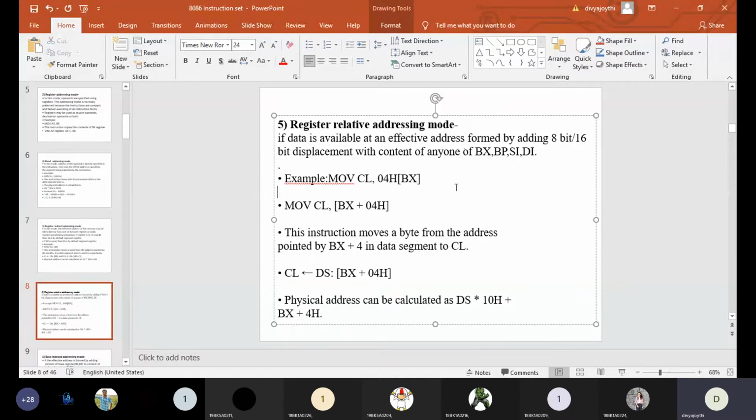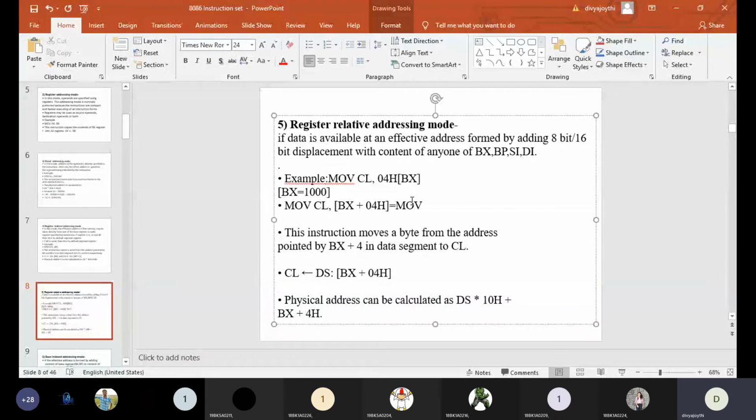So if BX is equal to 1000, just assume that BX has a value 1000, but BX is specified within the braces. So now this 1000 is not considered as data. Now this 1000 is considered as an address. So to this address, 4 will be added. So finally, what will be the address value? I mean, how will the instruction consider